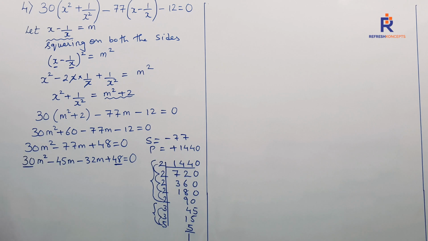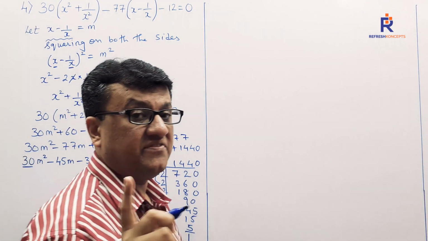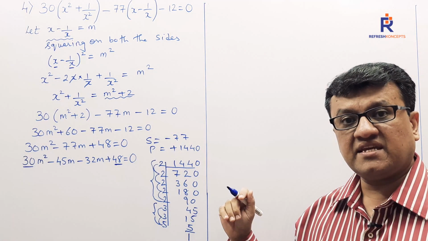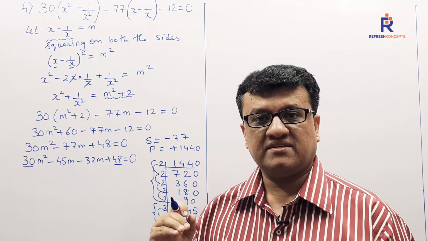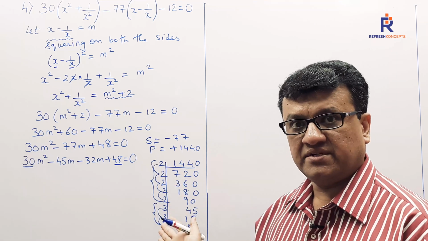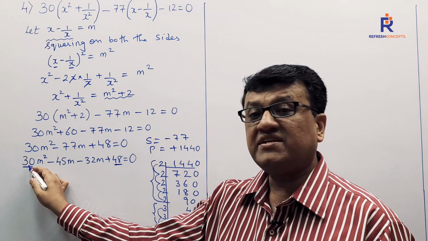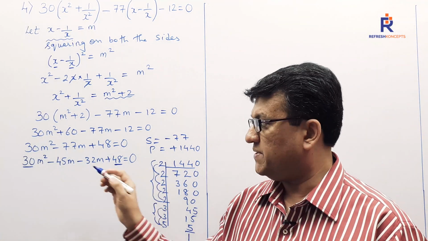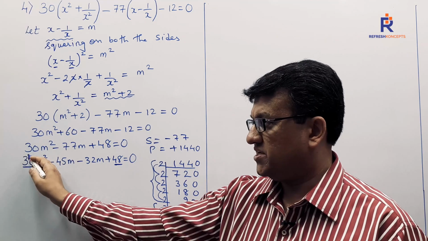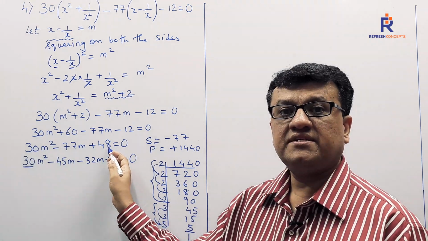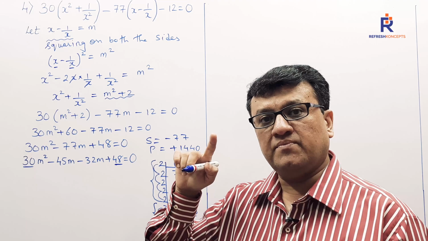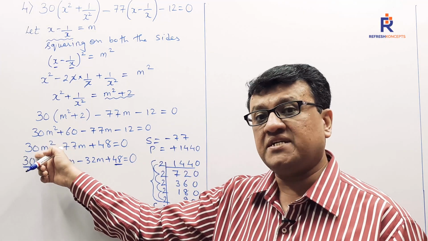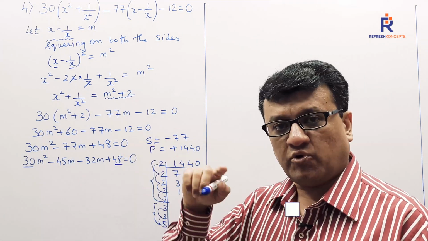48. Children, whenever we have such big numbers and we go for finding out the factors, the easy thing to keep in mind is that whatever numbers we get will have some kind of common multiple with 30 and 48. I repeat, the first term was 30 and the other term was 48. You have to have the two numbers which have one of the factors as 30 or multiples of factors of 30, and here as 48. What I mean by saying is